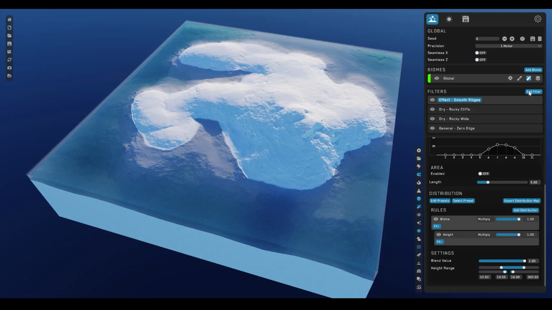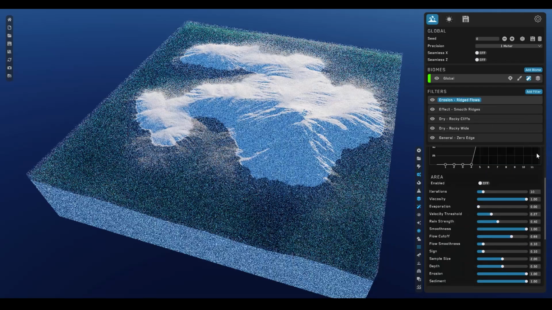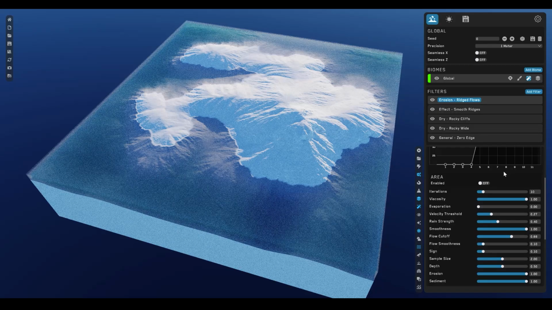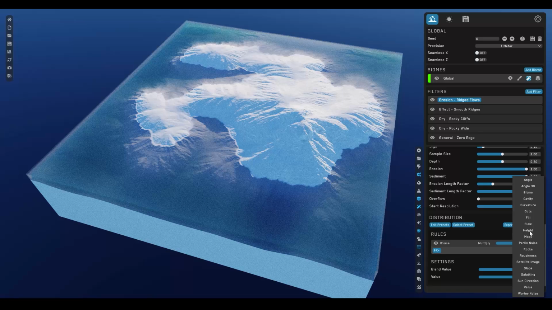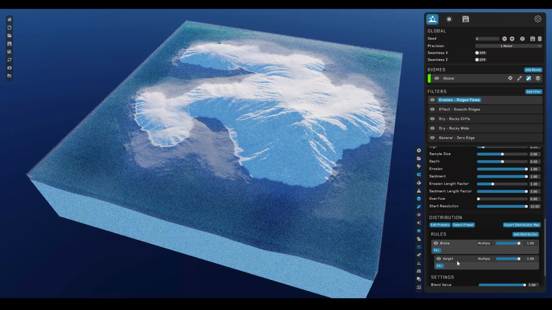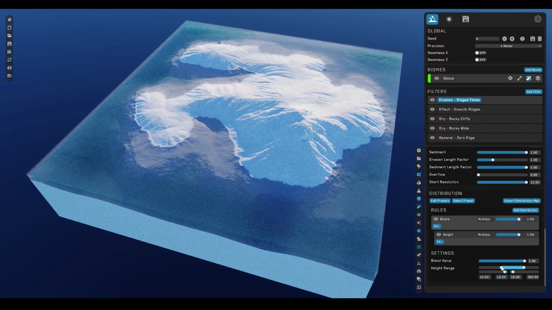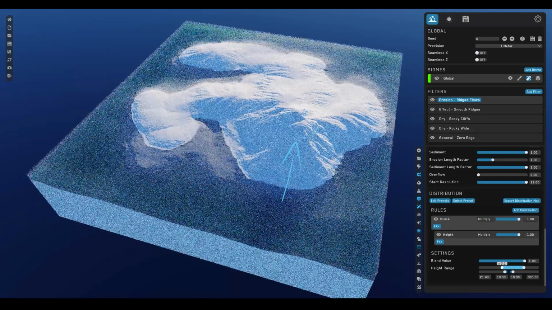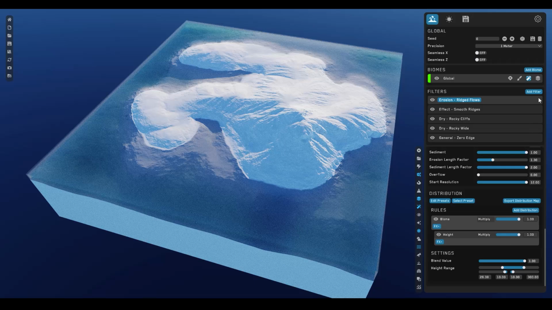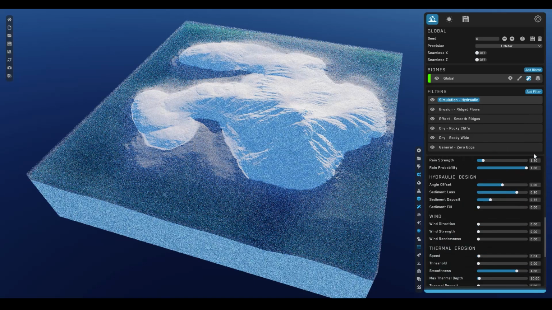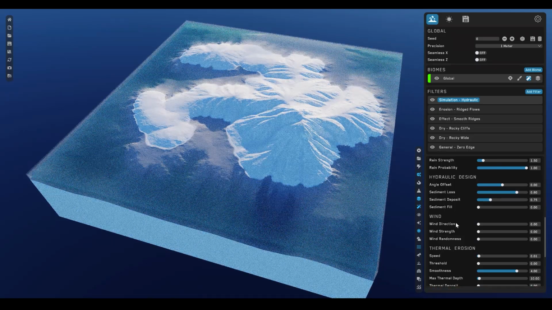And now we can proceed to adding the erosion filters we're after. Let's add first some ridged flows, which simulates this effect of flowing water across rocky ridges. Immediately, this gives me more of a mountainous look. Let's add the height distribution rule again and limit the effect only to the higher mountainous areas, leaving the lowlands more flat. Then, over it, let's add this super powerful hydraulic simulation filter, which gives these awesome looking eroded ridges